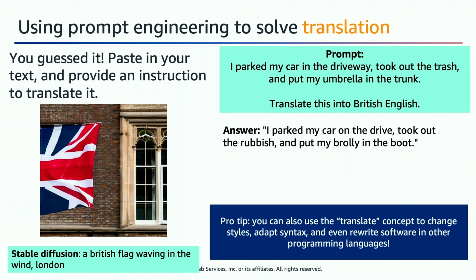Obviously, if you're doing code level translations, you probably want to fine tune the model, but it won't be bad. It won't be bad right away. And then, of course, here is your British flag waving in the wind in London, which looks a little bit more like Stable Diffusion's take of a British flag. No doubt it can get another one if I had increased the guidance scale to get a more